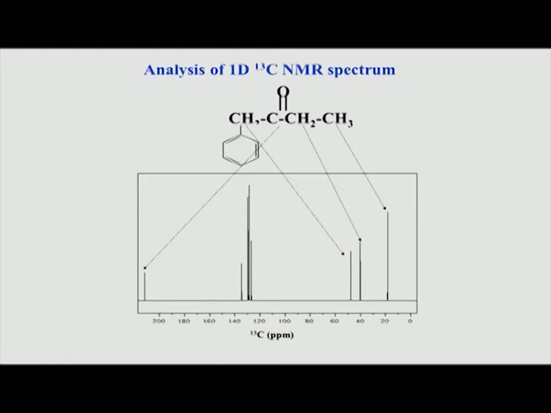We will take that up later when we go for a full structure determination example in later classes. So, let us continue with this. This is an aromatic group. This is what I was saying, that if you have a bunch of peaks in this region, 125 to 135 or 120 to 140, we can very confidently be sure that there is an aromatic group present in the molecule.